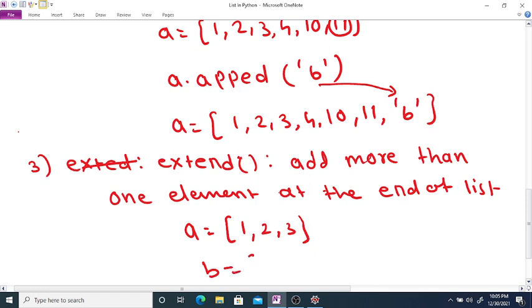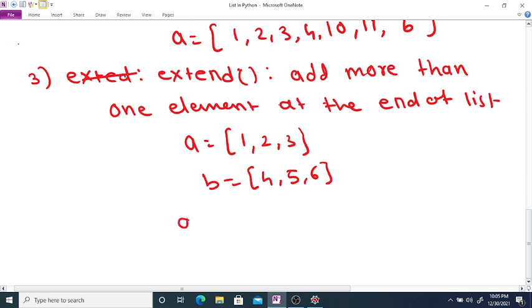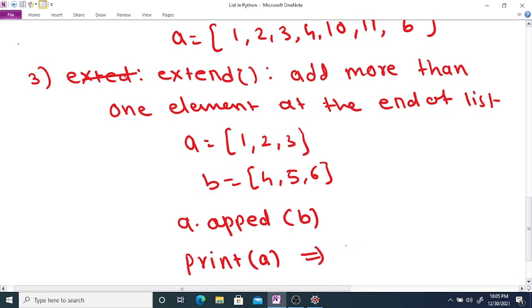For example, if we consider a is equal to 1, 2, 3, and b is equal to 4, 5, 6, then if you use the command a dot append b, and print a, you get the list 1, 2, 3, 4, 5, 6. Let's check here.